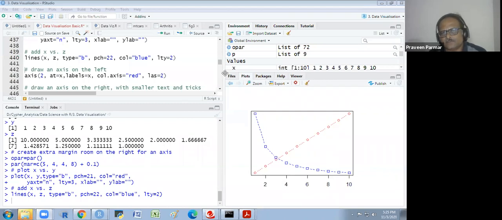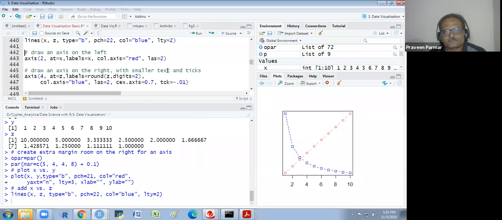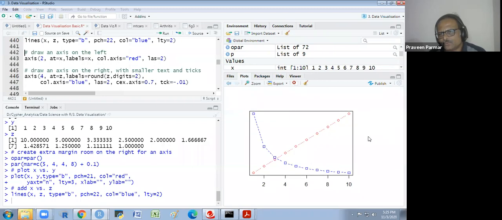Now what I am doing? What I am going to do here? Why have I given it too much margin here? I want to create an axis here. I want to create one axis here. And here what axis I want to create? It is 4, the position for the right: 1, 2, 3, 4. Fourth position, the right side, at Z. At equal to Z. So Z we have this one. These values I will get here on this axis.